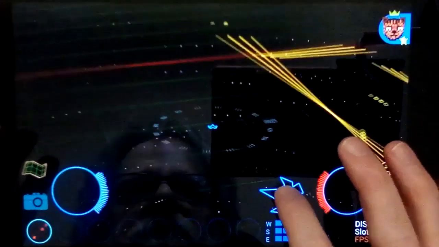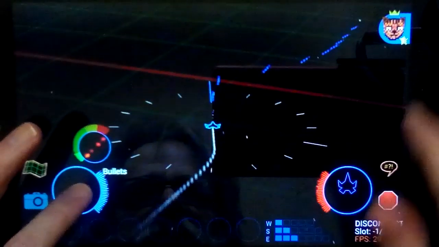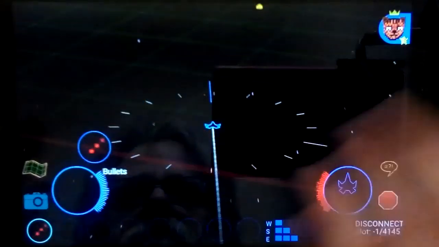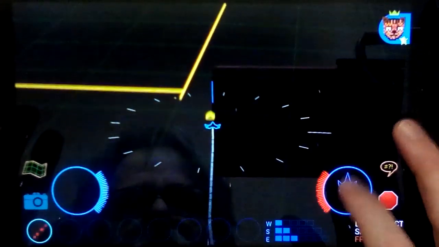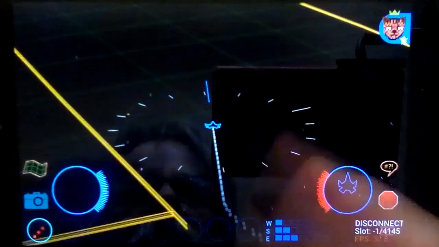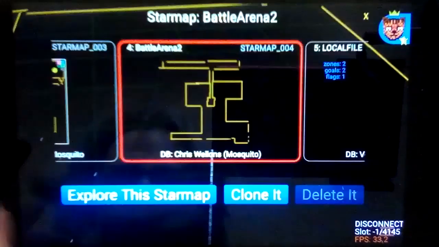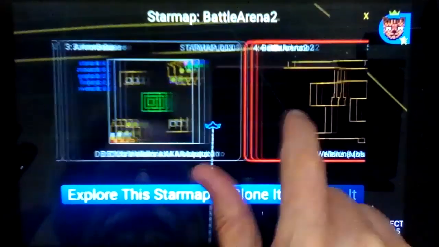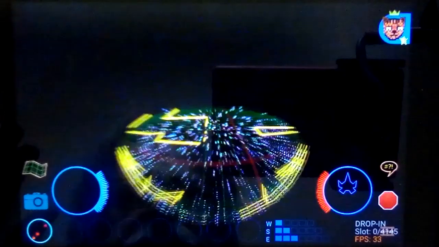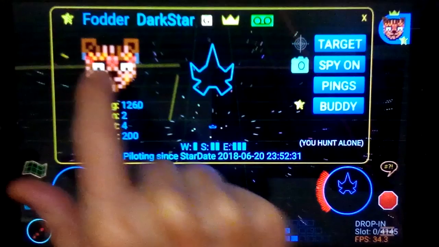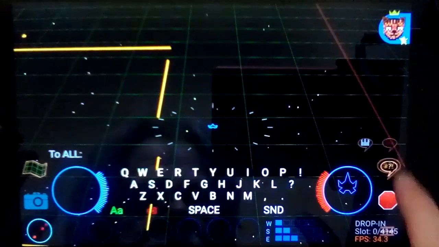So, quick review, it's a space game, you fly around, you shoot things, players come in, you fight them, you play with them, you get power-ups, you get ship extensions, you can connect to a different server, you can launch a drone, you can personalize your face, your ship, you can chat,